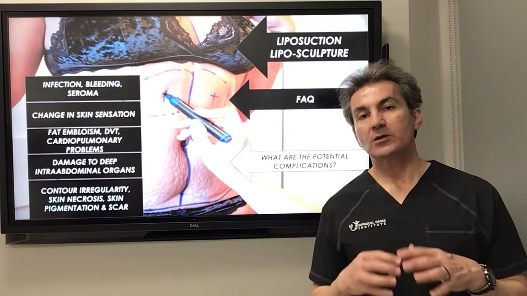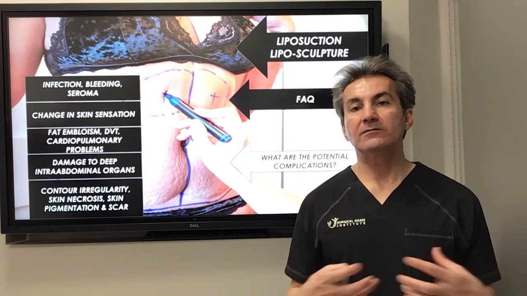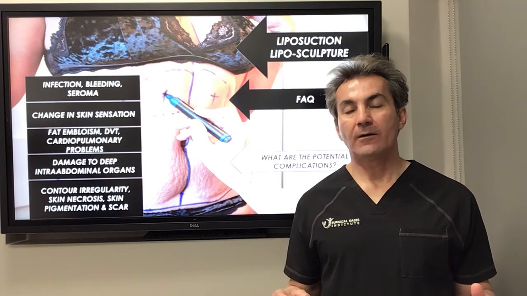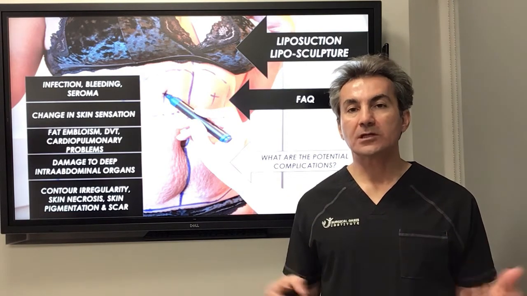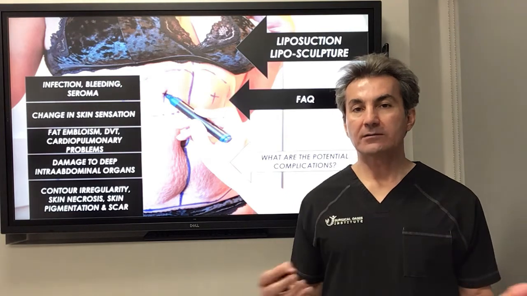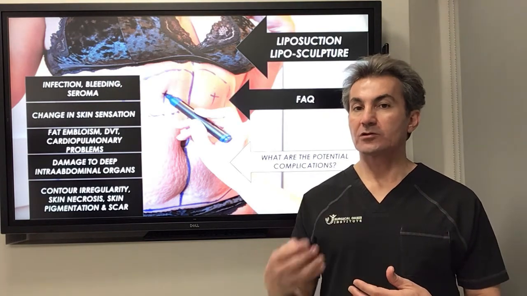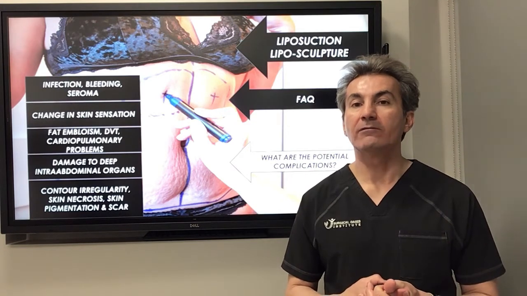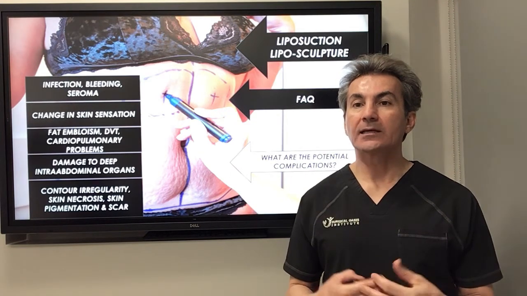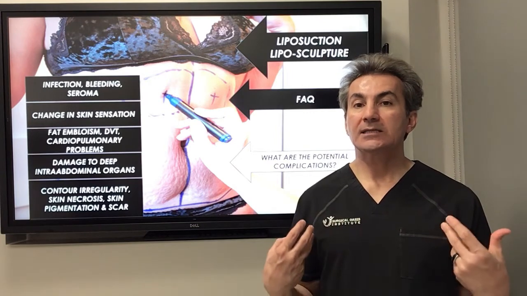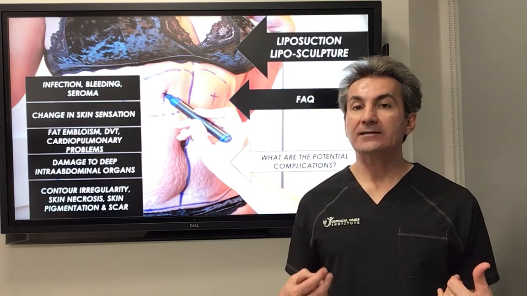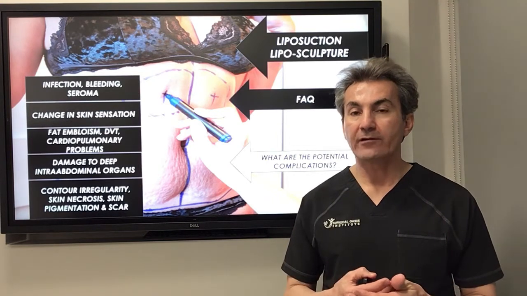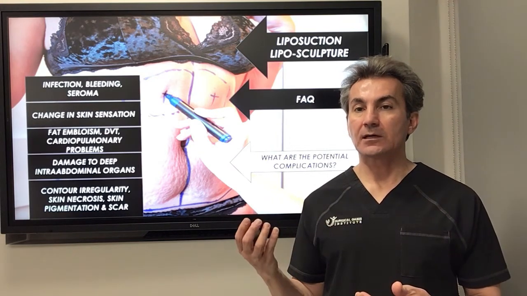We give the patient sequential stockings, which provide pumping during the operation for the blood to circulate and minimize the risk of DVT. After the surgery, we also recommend these patients walk around, and that will decrease the risk of blood clots in the leg. Pulmonary emboli secondary to a blood clot or fat from the liposuction is a possibility, which is very rare but can be a very significant